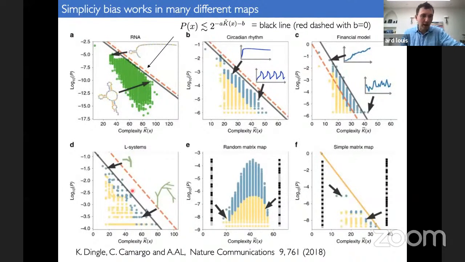And the same is true here for L systems, which actually come from Utrecht originally. It's a botanist, Aristid Lindenmayer, who came up with them. They're now widely used in computer graphics. They're a little code that makes shapes, like plant shapes, for example. And what you show is if you randomly pick the parameters of these maps, then you will much more likely find simple shapes than complicated shapes. So you can predict this a priori from this bound. And so that's the bound that we basically used for the